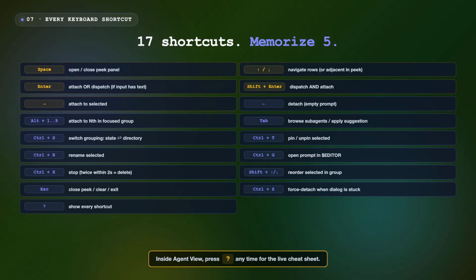Escape closes the peek panel, clears the input, or exits agent view entirely. Control Z is the escape hatch for when a dialog has focus and is not responding to left arrow. And press the question mark key anytime to see the full